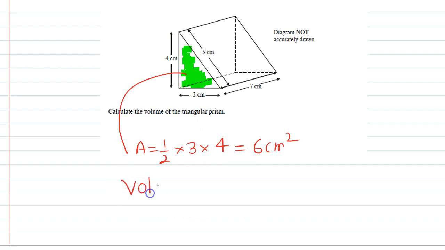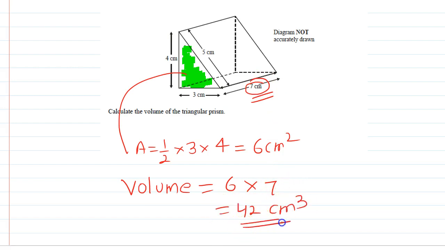Now volume will be area of cross section, that is 6, times length. Length is given, 7 centimeter. So 6 times 7, that is 42, and the unit will be centimeter cube, 42 centimeter cube. Now